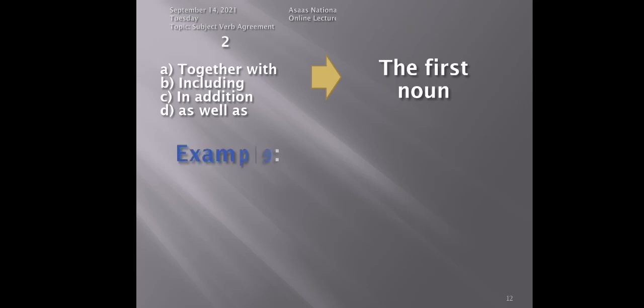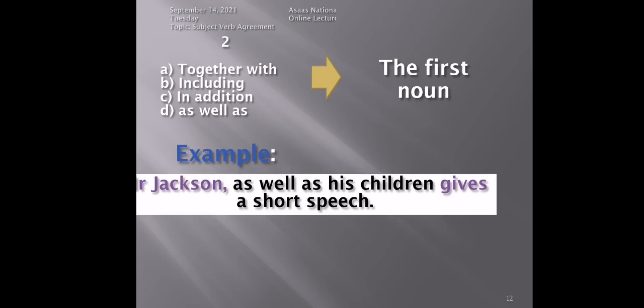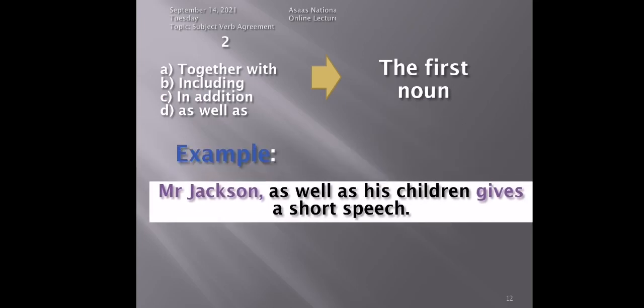Rule number 2. Together with, including, in addition, as well as. If you see or notice these phrases in your sentences, then you have to consider the first noun, the first subject, not the second one or the one closer to the verb. You have to focus on the first noun. Mr. Jackson as well as his children. So we have two nouns here, Mr. Jackson and his children. The first one named is Mr. Jackson, so you will be using an S form of the verb,